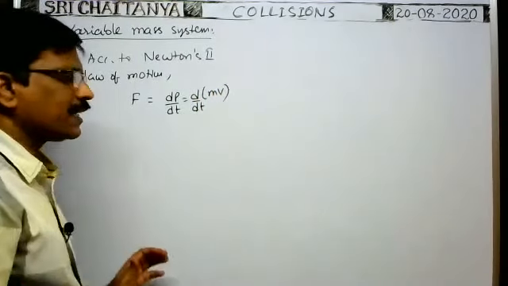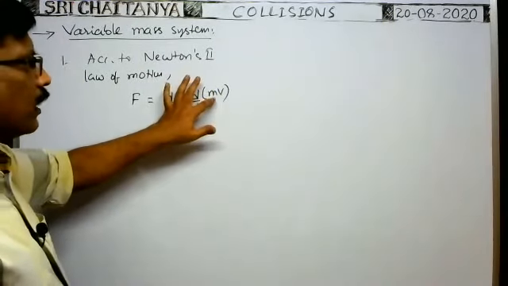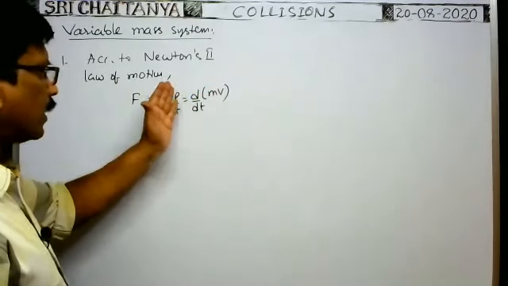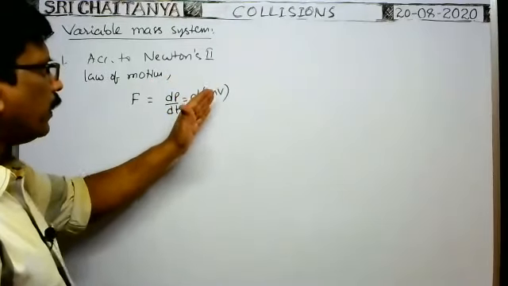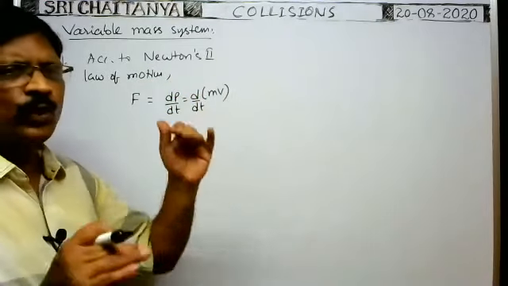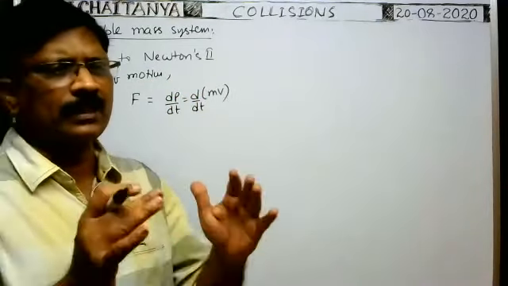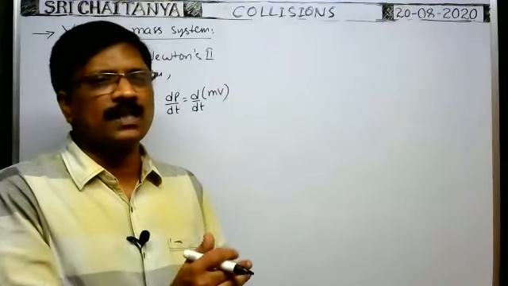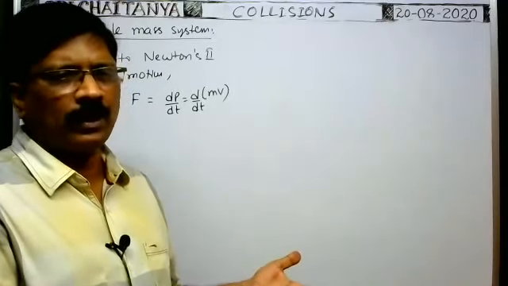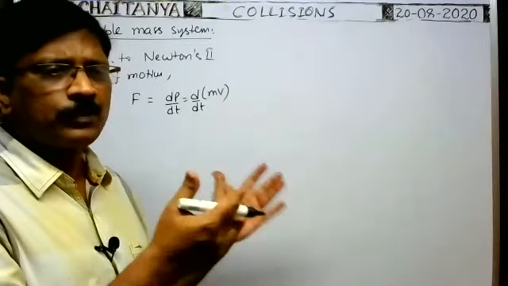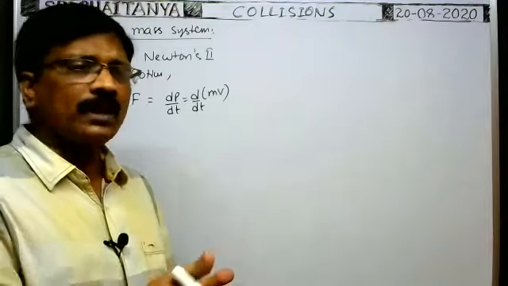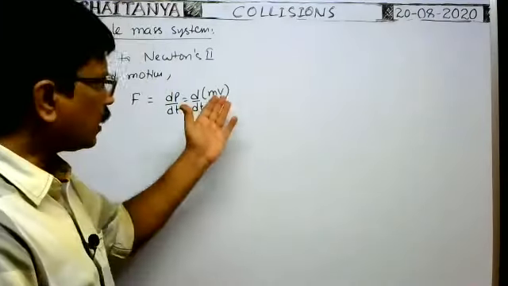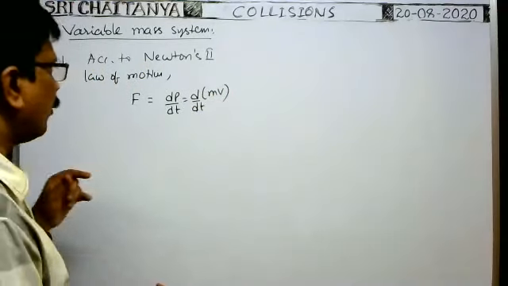But so far we discussed, whenever the mass of the body remains constant, in such case F is equal to, as m is constant, you write m outside, then F is equal to m into dv by dt, that is equal to ma. That means so far we discussed different concepts. Whenever the mass is constant only, when different forces apply on it, we observe the acceleration of the body or of the system. But if the mass of the body also varies, if the mass of the system also changes, in such case velocity is variable, mass is also variable. In such case, how can we find it?